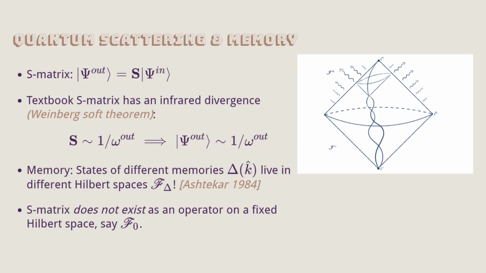So is the problem coming from changing the asymptotic boundary condition, and you're thinking of fixing the asymptotic boundary condition and then defining the Hilbert space? No, all of this is happening purely at the boundary. But I'm saying if the A0 value changes, then it's like changing the asymptotic value of the field, right? No, I'm saying that the asymptotic value, if you're just looking at the out state, can be non-zero. That is not the problem. The fact that this delta is telling you that it doesn't decay at both ends, that is the issue.